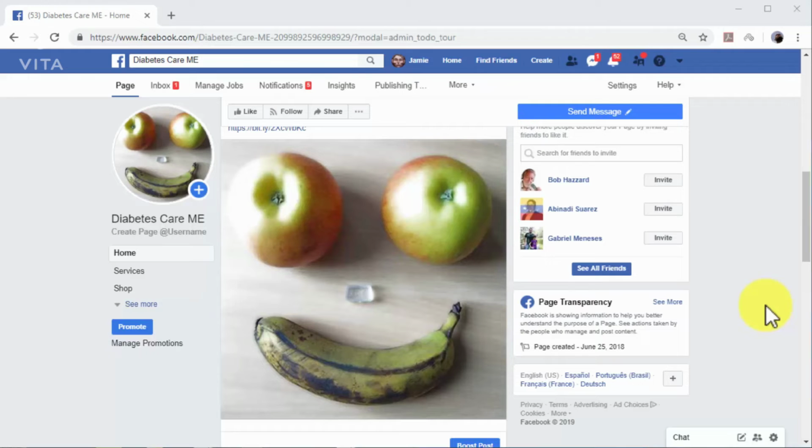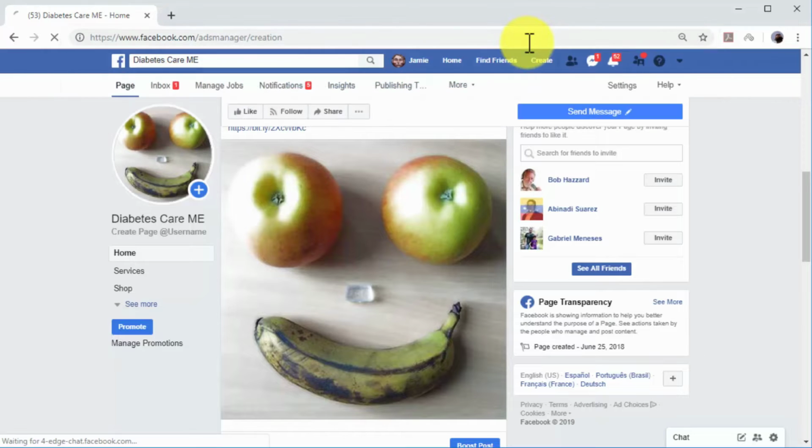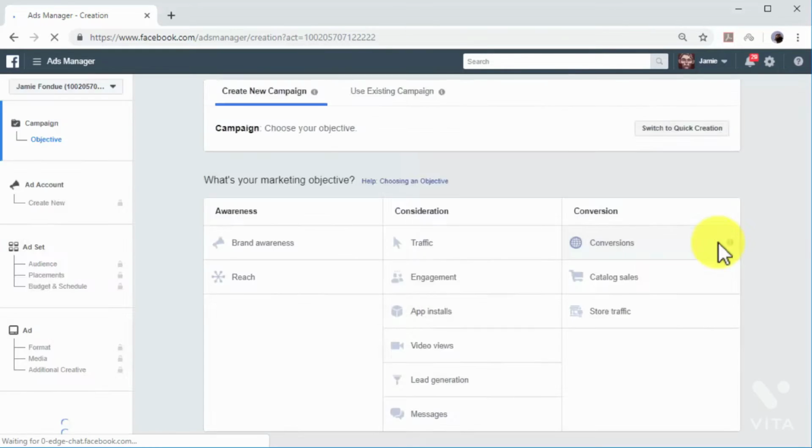To start creating a Facebook advertising campaign, you have to access the Facebook Ads Manager. You can access the Ads Manager by going to http://facebook.com/adsmanager/creation on your browser while logged into your Facebook account. That URL will take you to the campaign creation screen, where you have to select a campaign objective to get